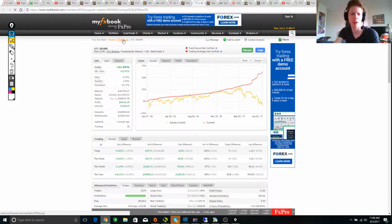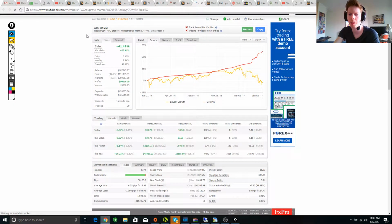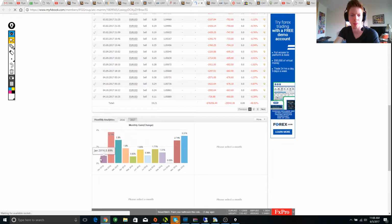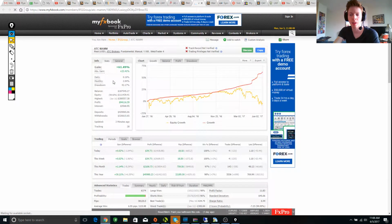Viper has been around for quite a long time. He doesn't really go by that name anymore, but he still manages quite a few funds. And this is one of his funds that has been around for quite a while. And if you go, he also has history back all the way to January 2016 through 2017. So it's been about a year and a half. And